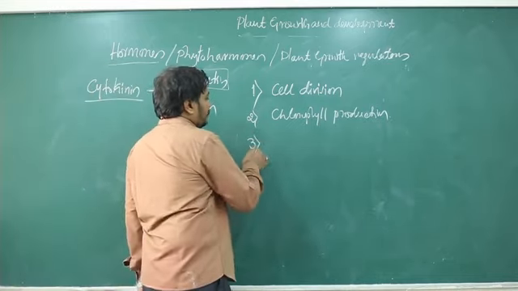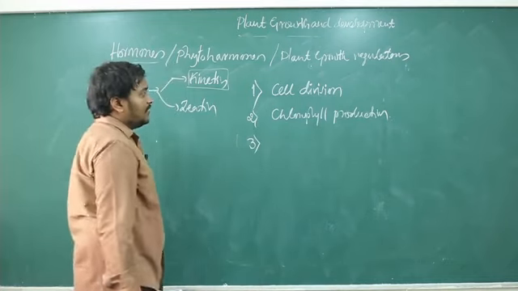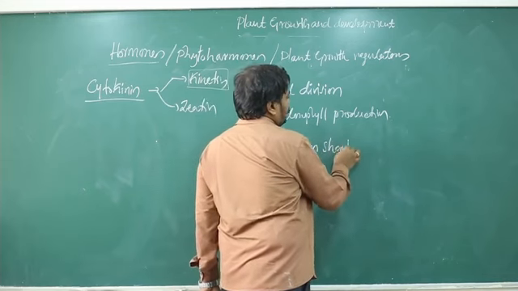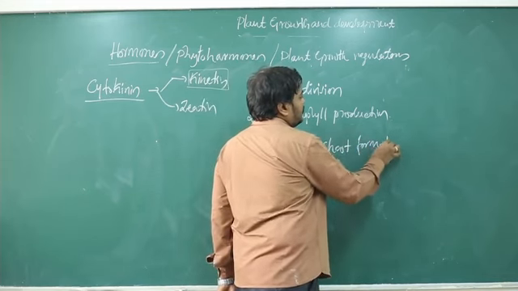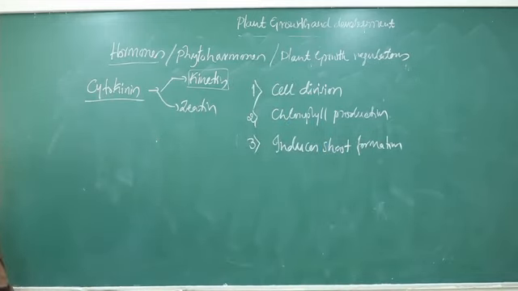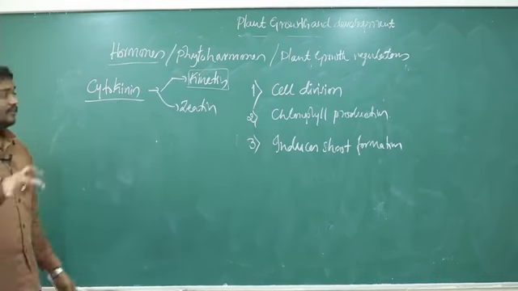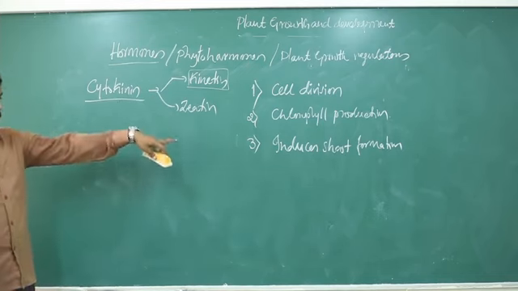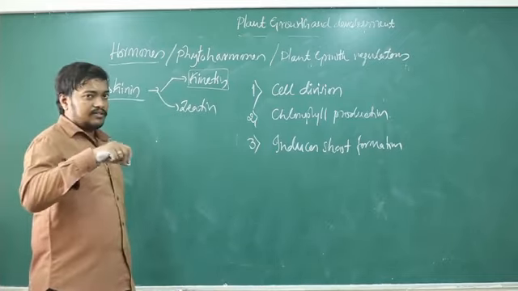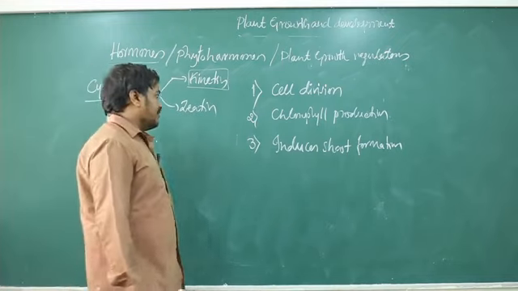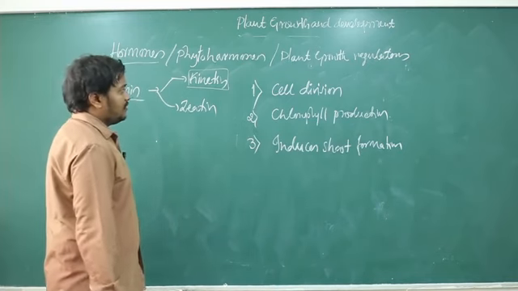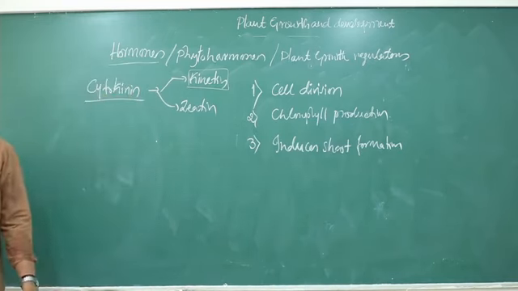Okay. So next, this cytokinin induces shoot formation. That is the reason why cytokinin is used in tissue culture to induce the shoot. In tissue culture, if a root is induced and shoot is not induced, then they add the cytokinin. If shoot is induced and root is not induced, they add the auxin. By changing the cytokinin and auxin concentration, they can produce organogenesis. The shoot formation and root formation can be varied. Okay, so this is the physiological application of cytokinin.